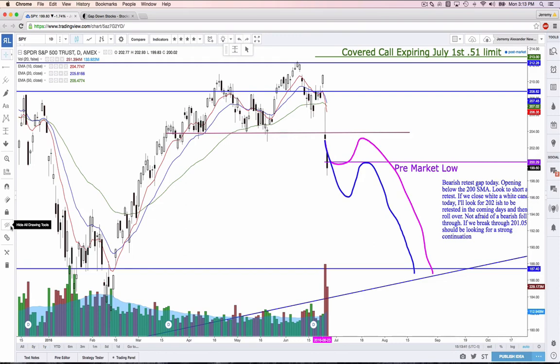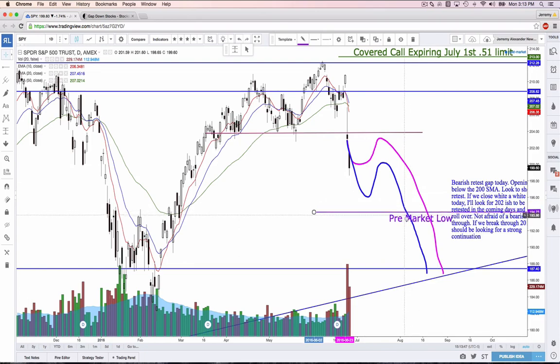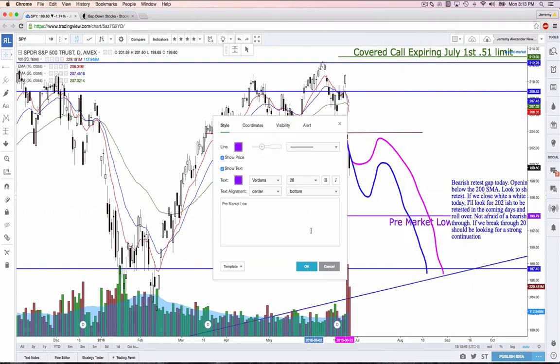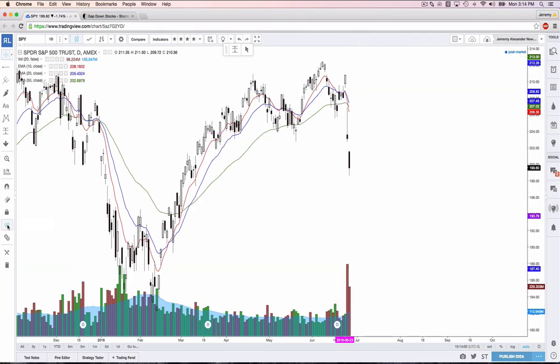Again, it doesn't necessarily have to trade all the way down to 187, but we broke through a very strong pre-market low. So at this point, I think the next target on the SPY is going to be 193.79, more than likely. So I'm going to hide the drawings really quick,